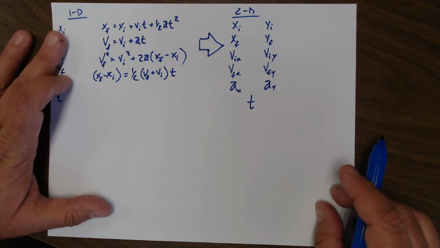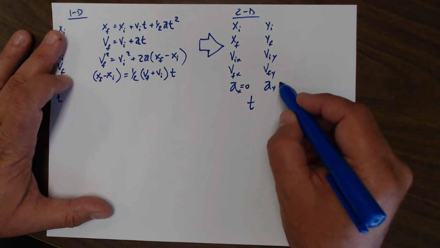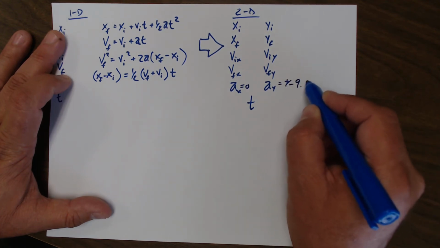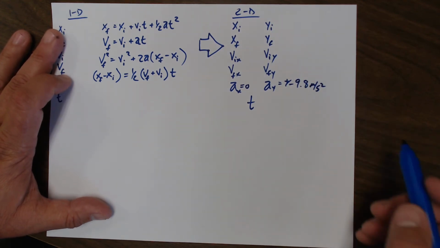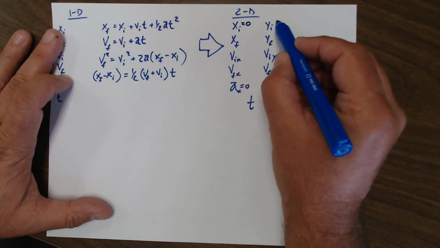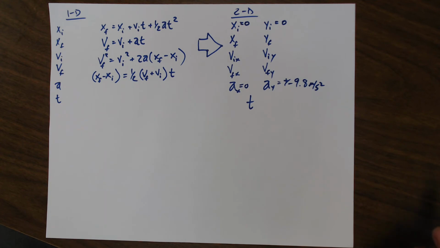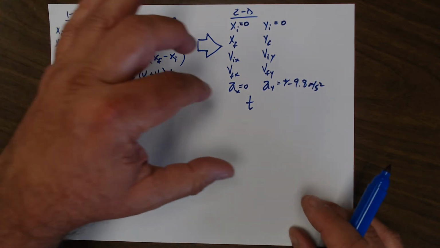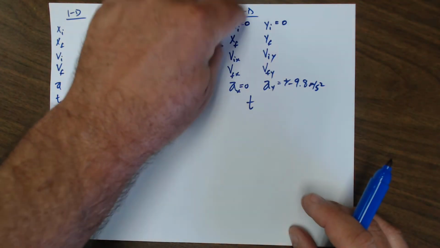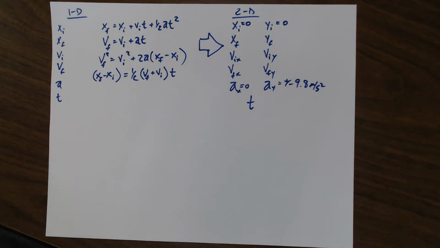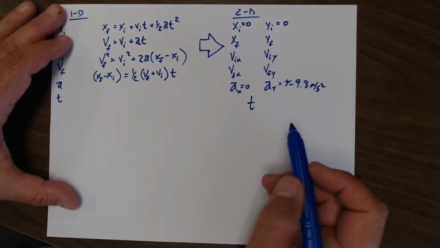Also, it's not 11 variables because this one's typically 0. And it's not 11 variables because this one's typically positive or negative 9.8 meters per second squared. And it's not 11 variables because if you choose your coordinate system correctly, you can always make those two 0 by putting the origin of your coordinate system wherever the object starts. So really, it's not twice as many variables. It's 11, 10, 9, 8, 7. 7 variables. So it's only slightly harder, although there will be multiple equations,